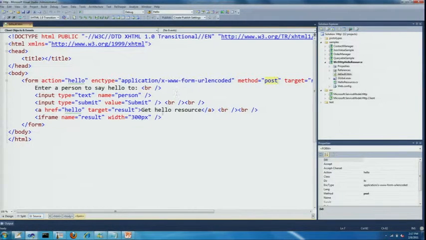So I'm posting some data, and then what I have is a link that then goes and retrieves that from that resource on the back end. Now notice here, this is not about a remote procedure call. This is just working through the fabric of HTTP. Let's look at what it looks like on the server.